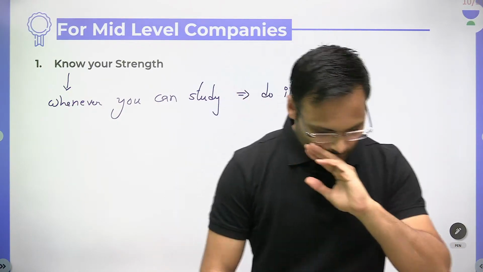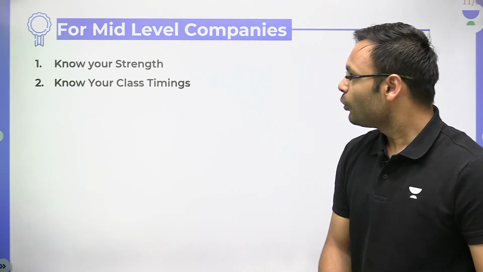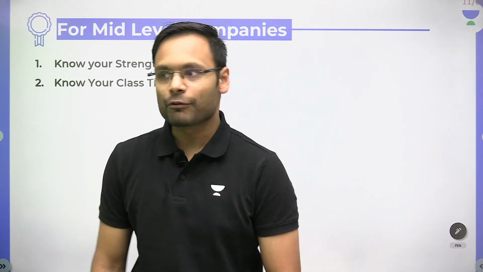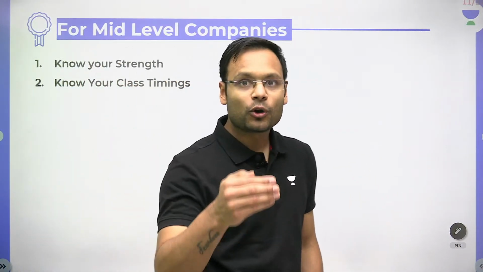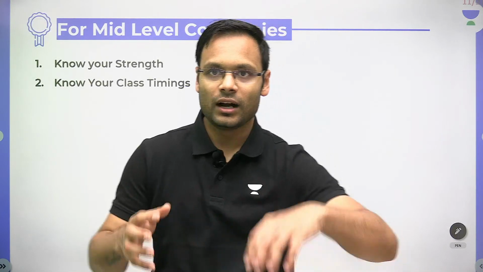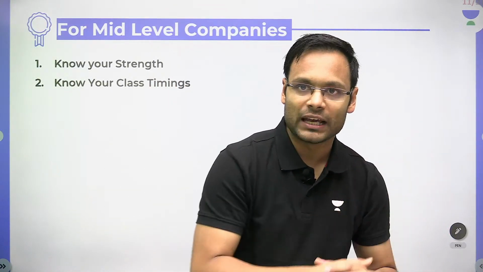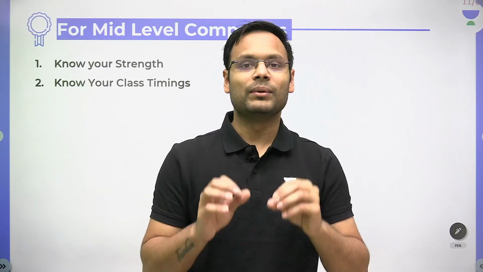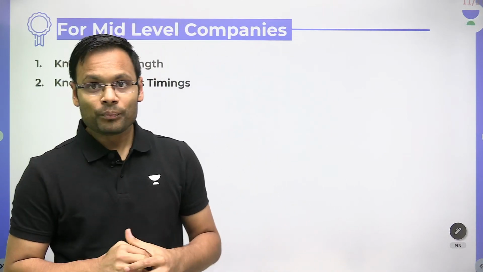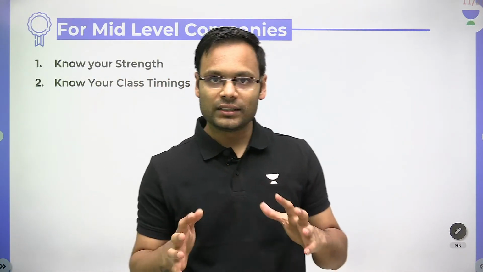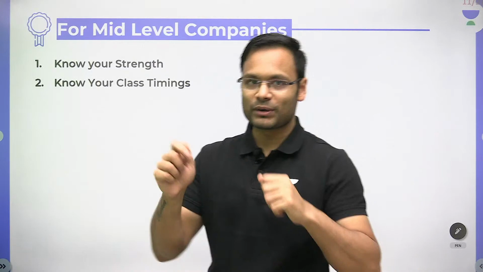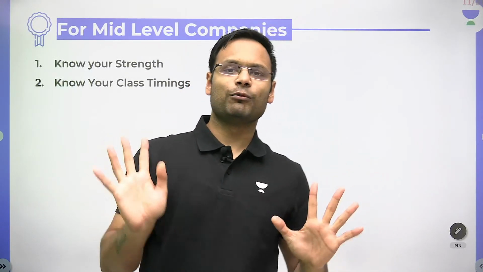Fine. Second thing, know your class timing. Of course, apart from college and apart from your office, etc., you have your class timings, maybe 6 to 8 in the evening or somewhat in the morning, etc. So when you have your class timing fixed, you can understand that what is the time remaining. Let's say if you have the class timing early morning 7 to 8:30. So you can understand that, okay, I can get up 5:30. Within half an hour, I can make myself ready after tea, coffee, etc. Early morning brushing the teeth, etc. 6 to 7, I can study for 1 hour.